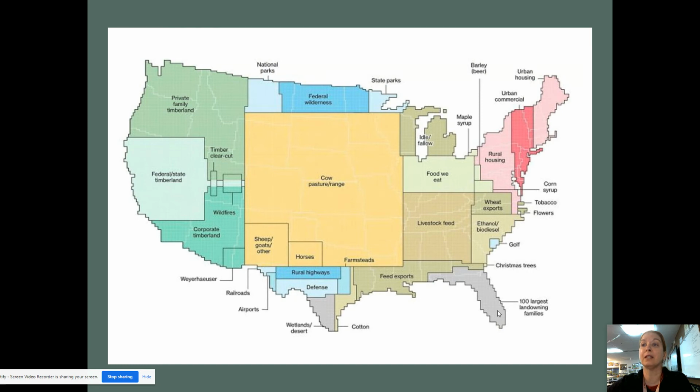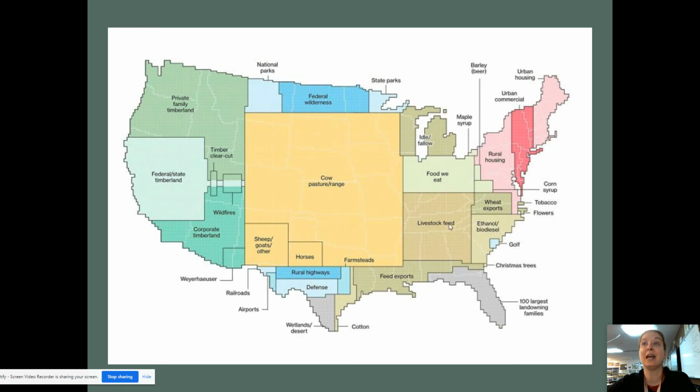100 of the largest landowning families would take out Florida. That's kind of crazy. Look, Christmas trees get their own. Golf courses. Oh my goodness. But golf is bigger than tobacco and flowers. Wheat exports, corn syrup. We have a problem. Barley. There you go. Maple syrup gets its own. So this isn't really being used for anything in Fort Michigan. And here's your state parks. But you can see that